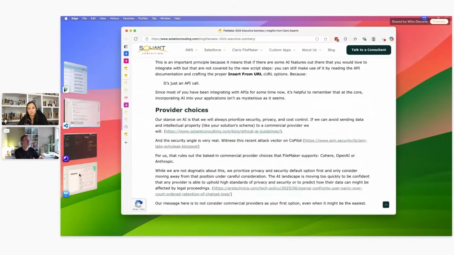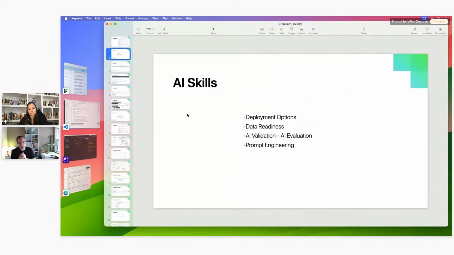Actually, there's one more slide on this AI stuff, without going into more detail about what it means to host your model and all of that. One thing that we need to keep an eye on as developers, as consultants, are these four things, right? It's one thing to say, I have a need for a chat window in my solution, and I need to pick a model, and I need to know how to deploy that model or use one of the commercial providers. Beyond that, there are skills that we will need to acquire as developers, as consultants, whether you're an in-house developer or part of a shop like we are.